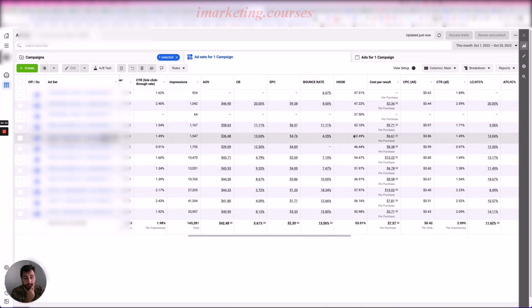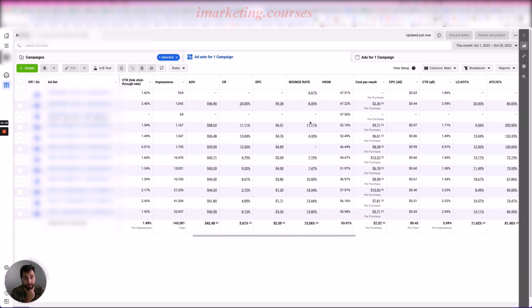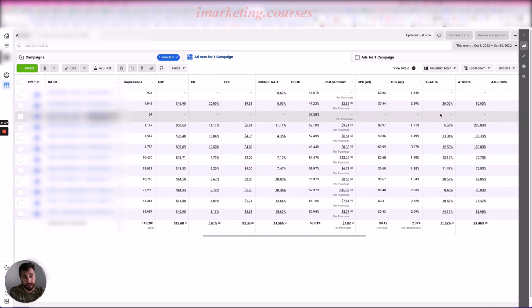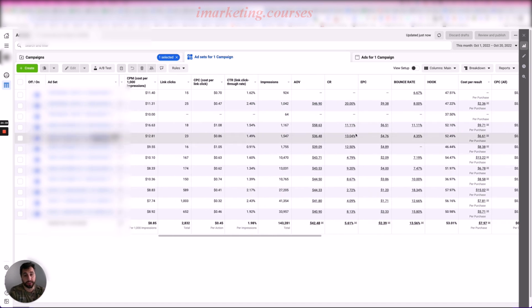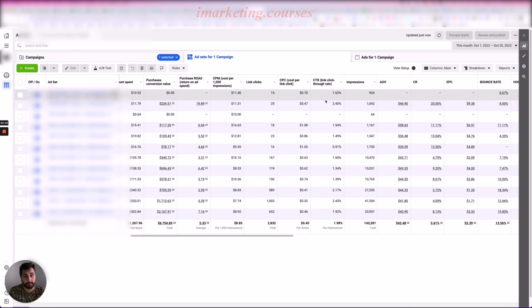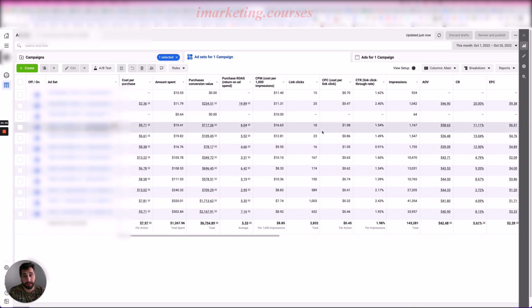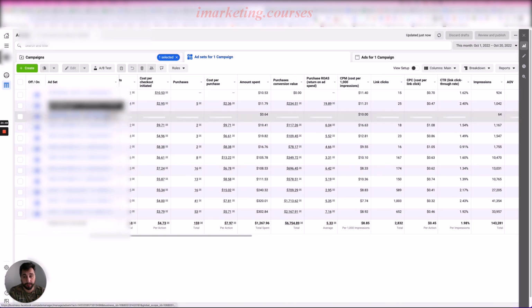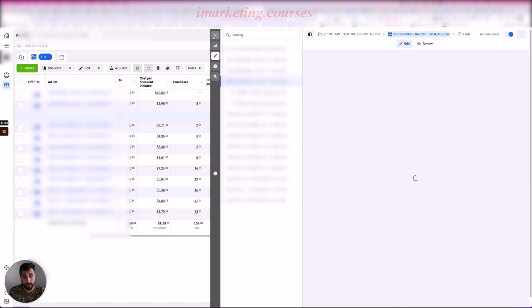Our hook rates are pretty much in line, but our bounce rates are way different. And our link clicks to add to carts are totally different. That's where you're seeing a huge problem. And everything else is in line with what you should be doing, other than your targeting. If you look at my targeting in here,